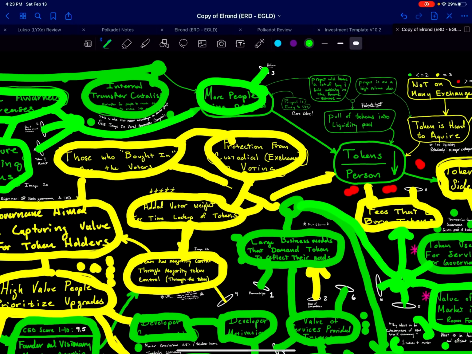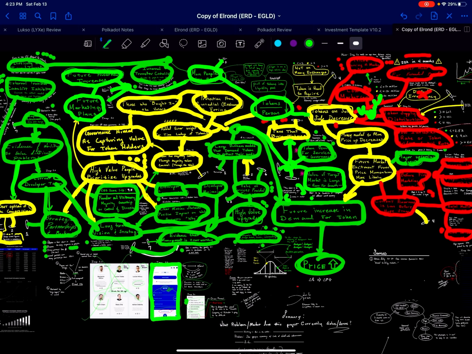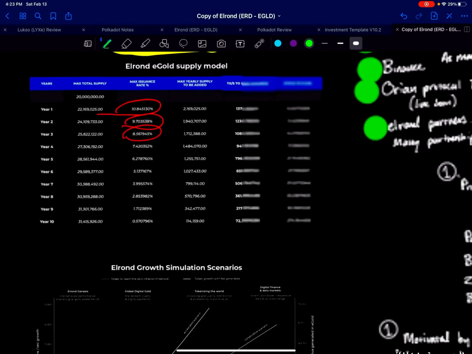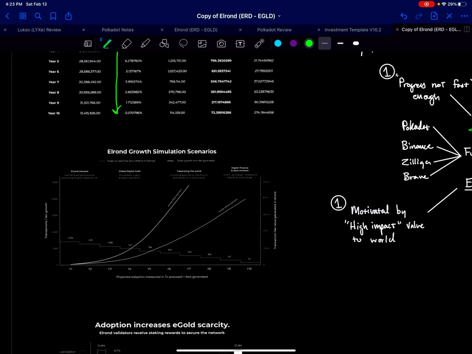Value of the service provided increasing, and then tokens per person to go down. But in the short run, I do see these negative effects slowing down this particular pathway. So one of the things you want to look at, I'm just going to get in here, is that the inflation rate's going to drop pretty rapidly. I like their model; it's pretty neat.